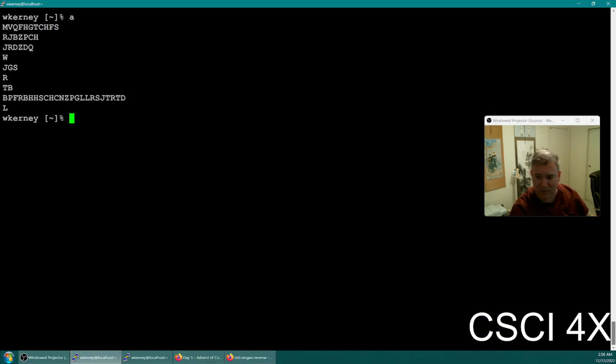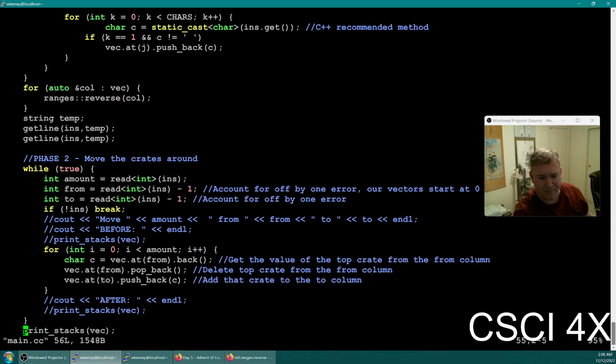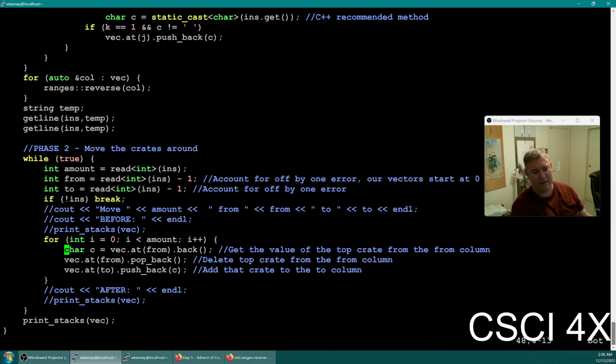Okay, I think we can probably do this very quickly. So what we're doing right here is we are moving them one at a time. Actually, the cheap way of doing this is we can push them all into a temporary vector and then push it back into the destination, which is super lazy, but